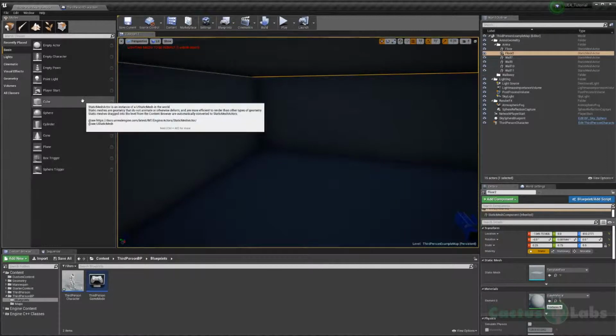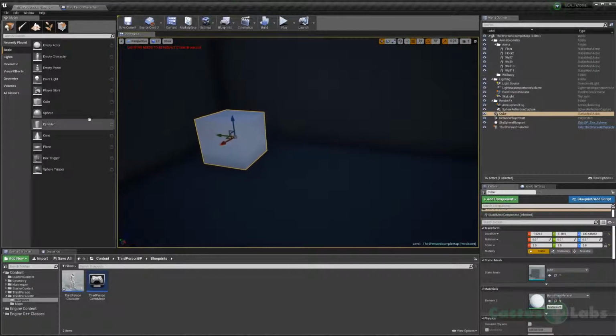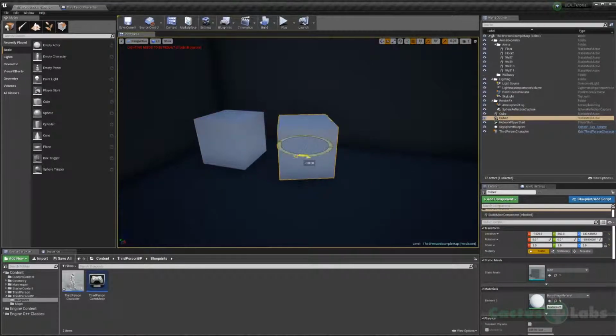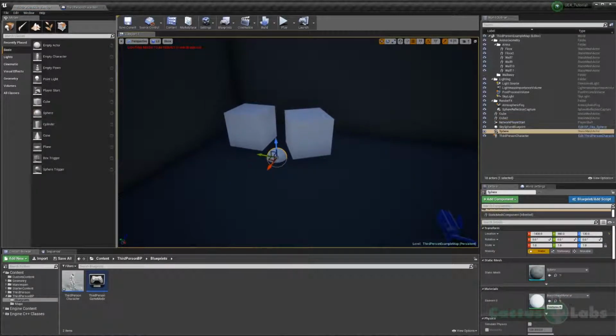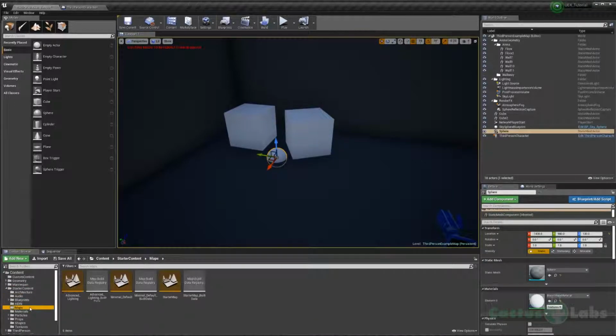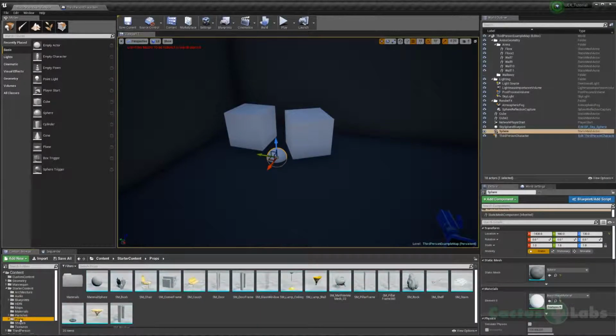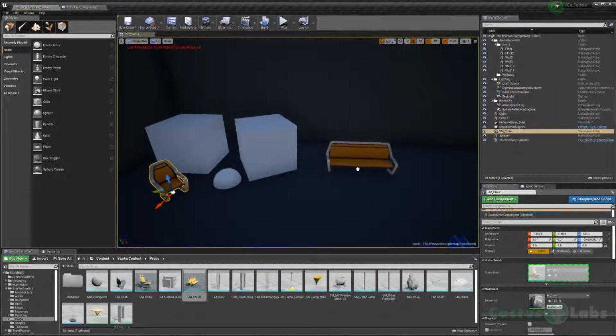Let's start populating this just with some interest so that we can shine our flashlight on a couple objects. So let's put maybe a cube here, make a duplicate, sphere in there, and while we're at it, let's go to our starter content, which is a default Unreal object, and let's grab a chair, place that there. Yeah, little bench here,